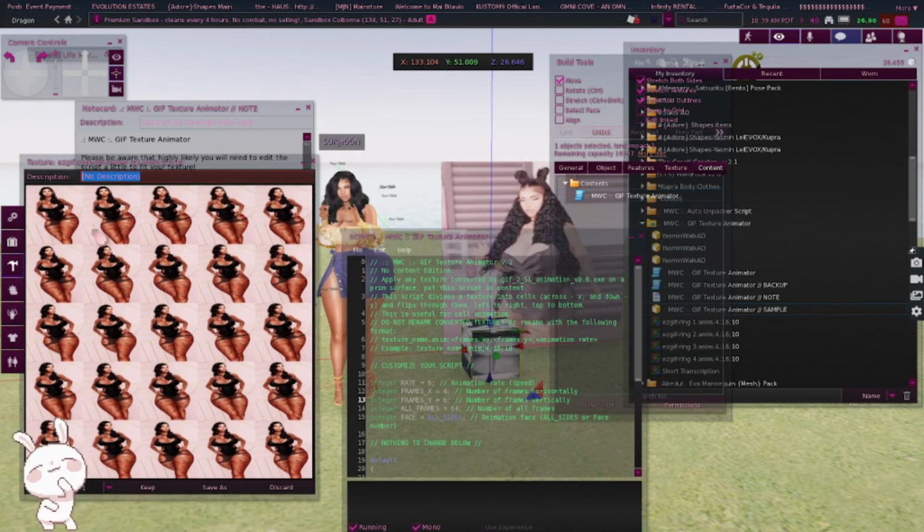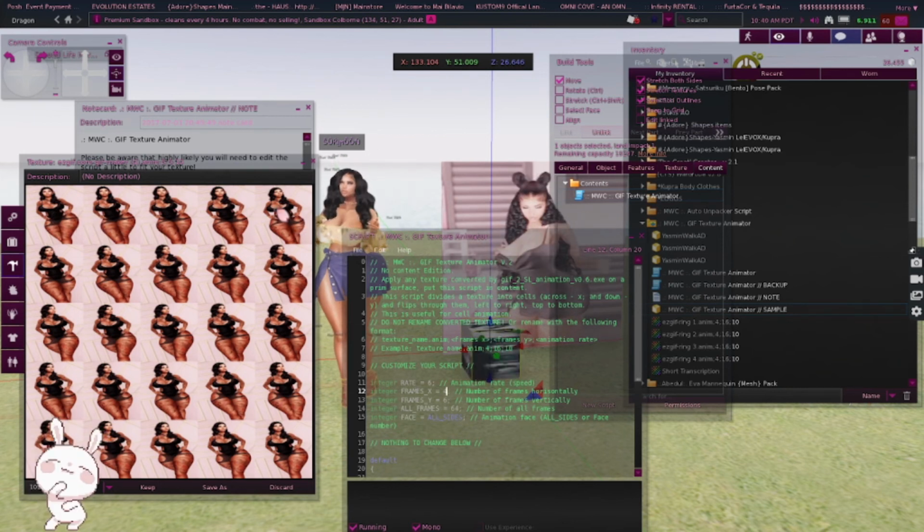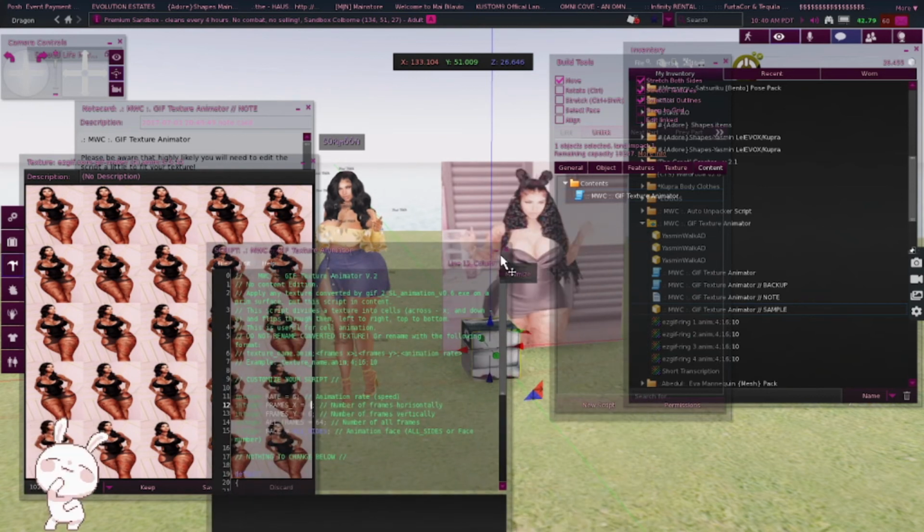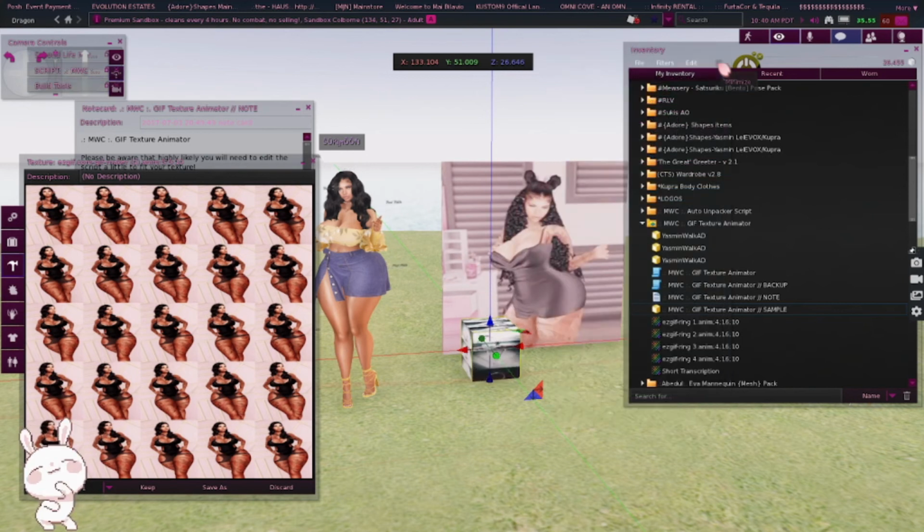So basically, if you want, you can count it out, even though it has it up here in the name. But just in case, if you want to make sure you got it right, you would just multiply what's going across and what's going down, up and down. So basically, 5 times 5 is 25. So you have completely 25 frames. So when you actually put the picture in, that's what you're going to have to do.